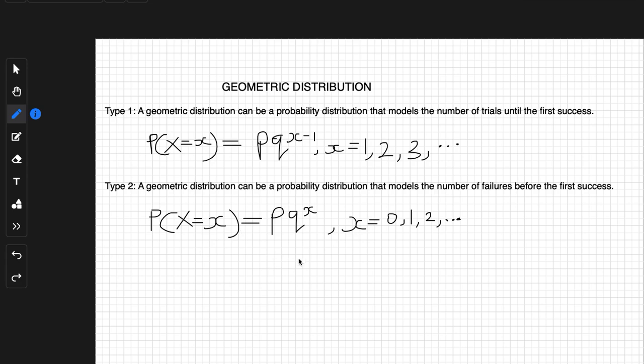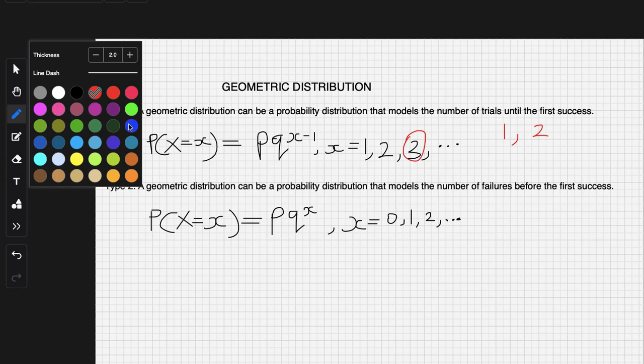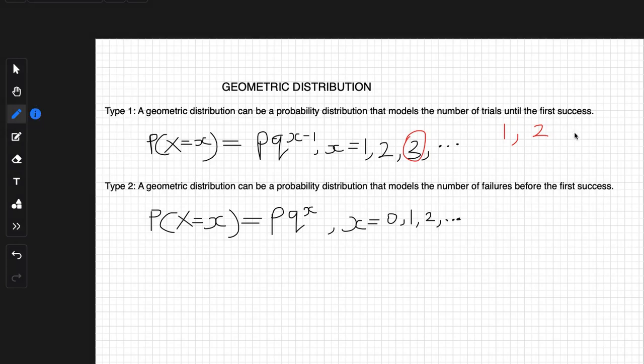All right, let's do it this way. Assuming in this case, the third time was when the success came. All right, we are counting all the failed attempts. That means we had 2 failed attempts, 1, 2. So the third time the success came. In type 1, we are going to count the first failed attempt, the second failed attempt, as well as the time when we now have success. So we are going to say, okay, x, that means we had 3 trials here, 3 trials before we had a success.